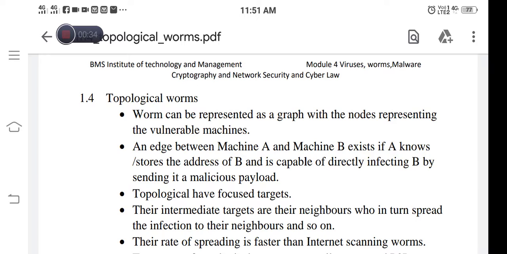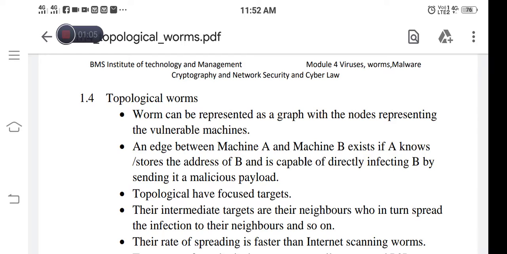If A and B are machines which want to communicate with each other, and A knows or stores the address of B and is capable of directly infecting B, there will be an edge between A and B. So A can send the malicious payload to machine B. Here each machine is represented as a node.